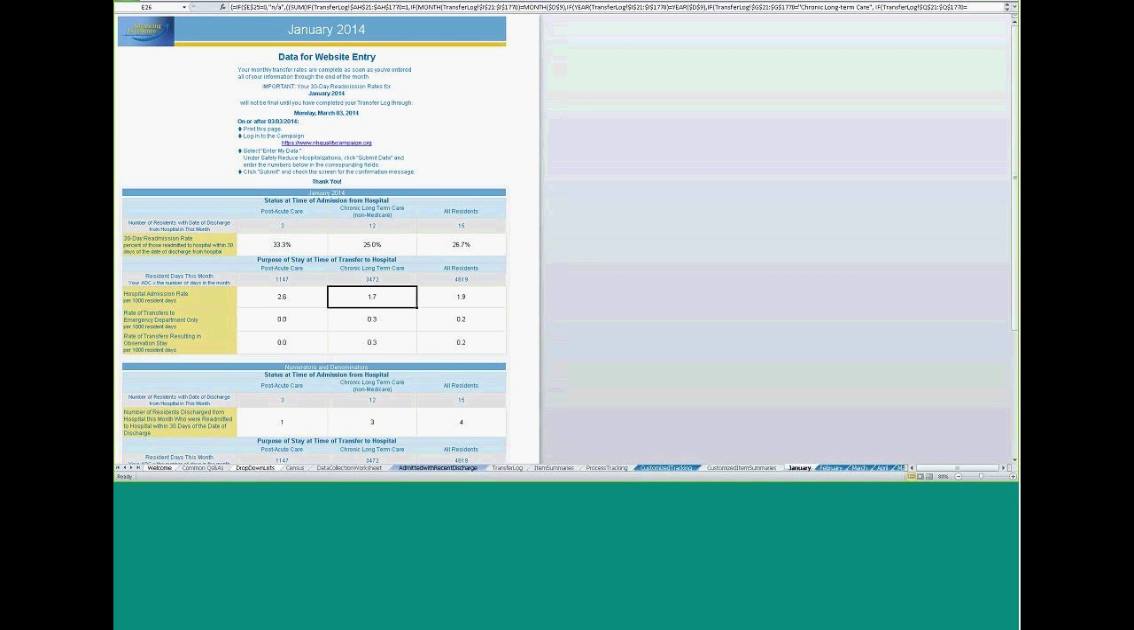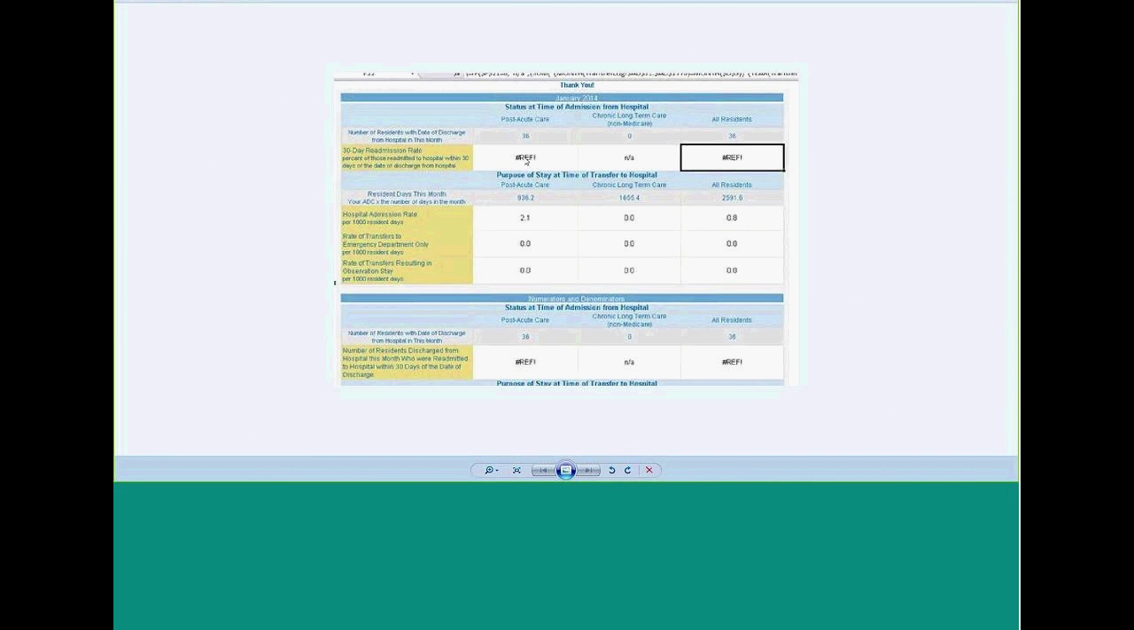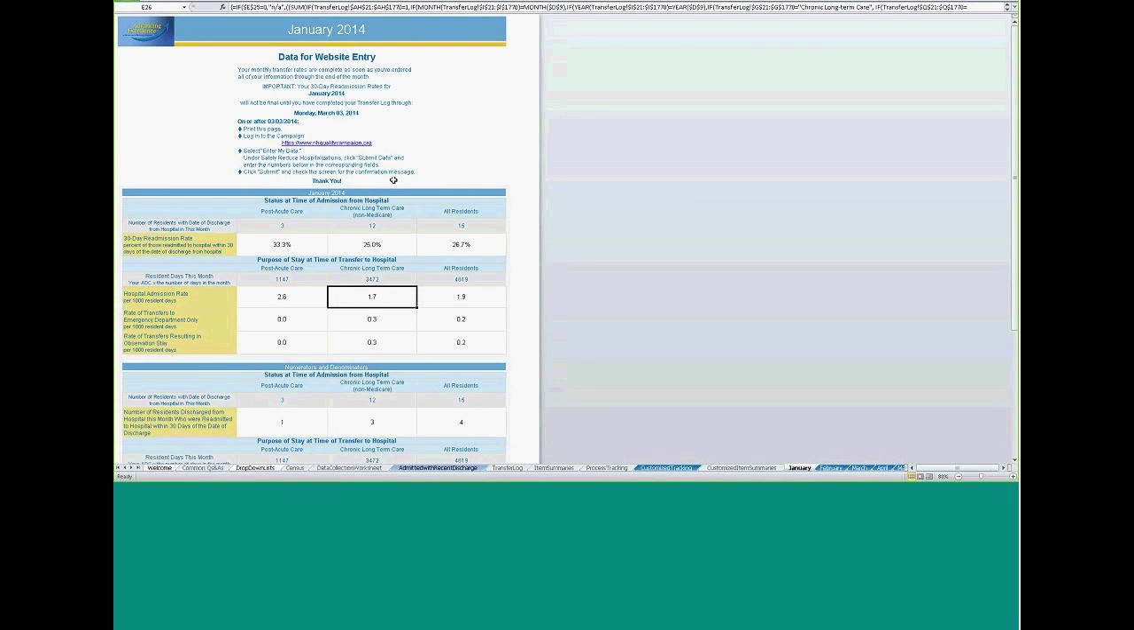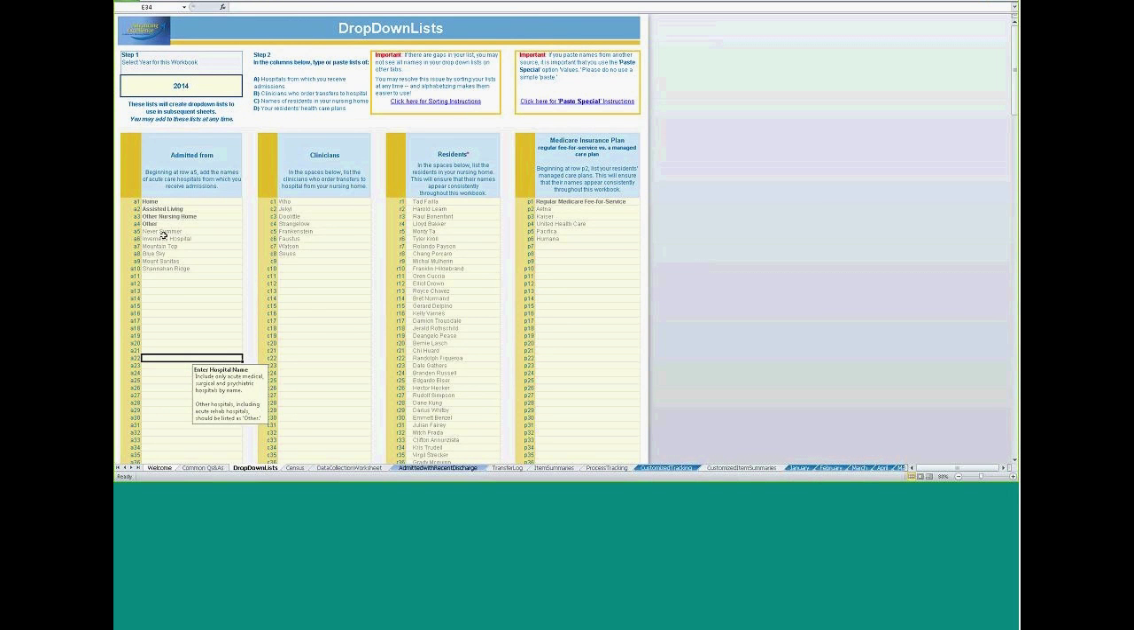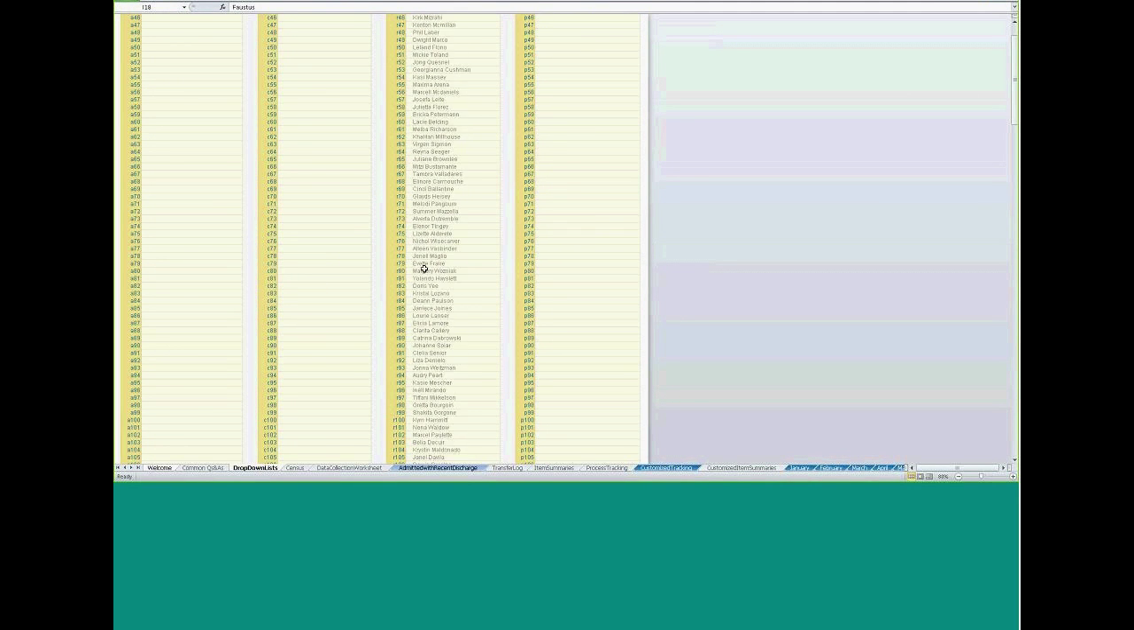Where people get into trouble, let me show you an example. If you ever see anything that looks like this, where you've got letters, numbers, pound signs and exclamation points where your numbers should be, then chances are there's been some data entry problem. So what you need to do is go back. You need to make sure that your census has been completed. You also need to make sure that you don't have any errors or duplications. You want to scroll down and make sure that all of the data listed in your drop-down list